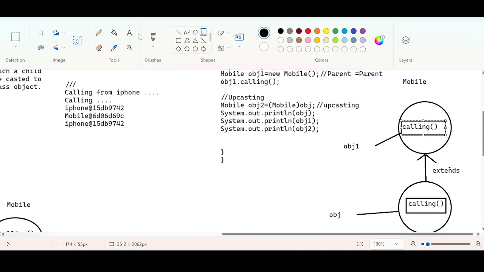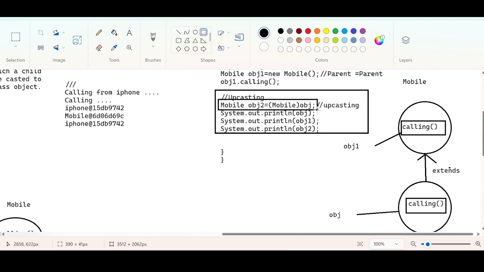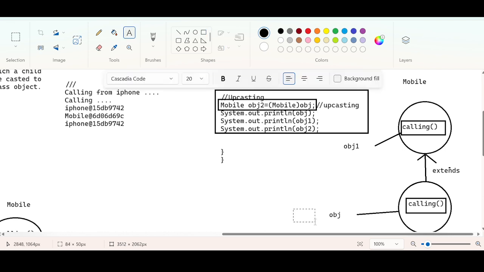Now this part requires concentration, upcasting concentration. Now we are doing a typecasting. There is an object, this obj, which we intentionally converted into what? We are doing the upcasting.